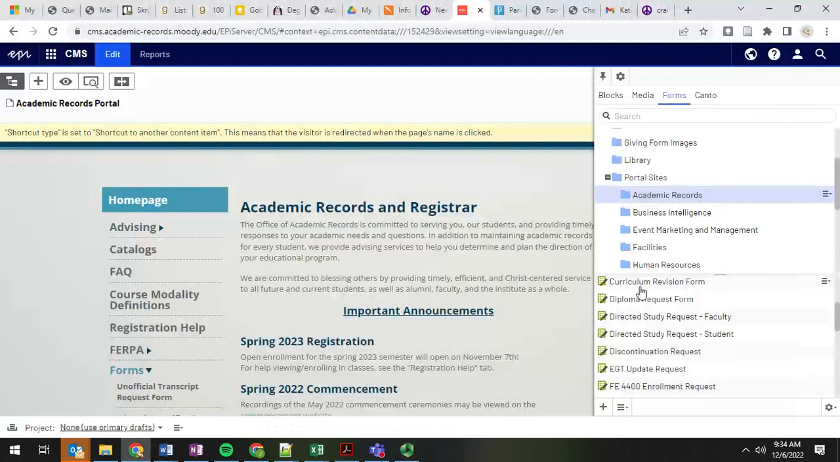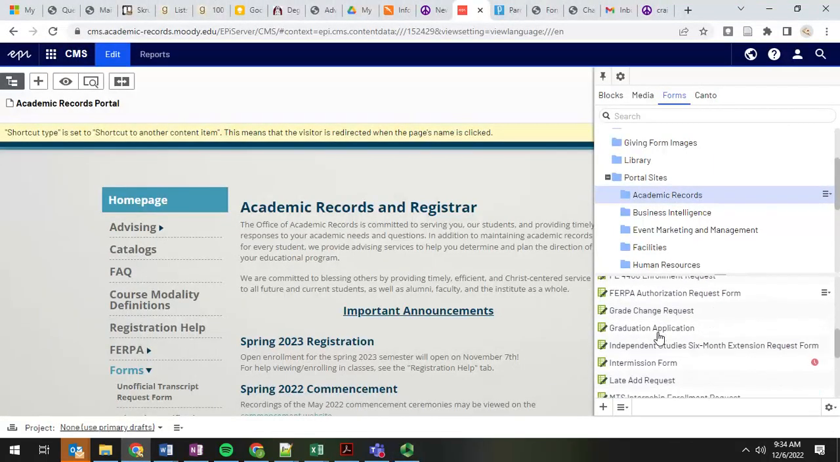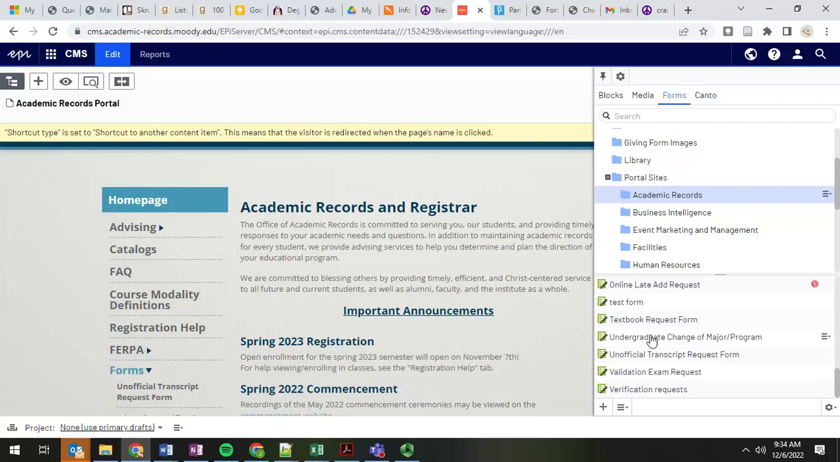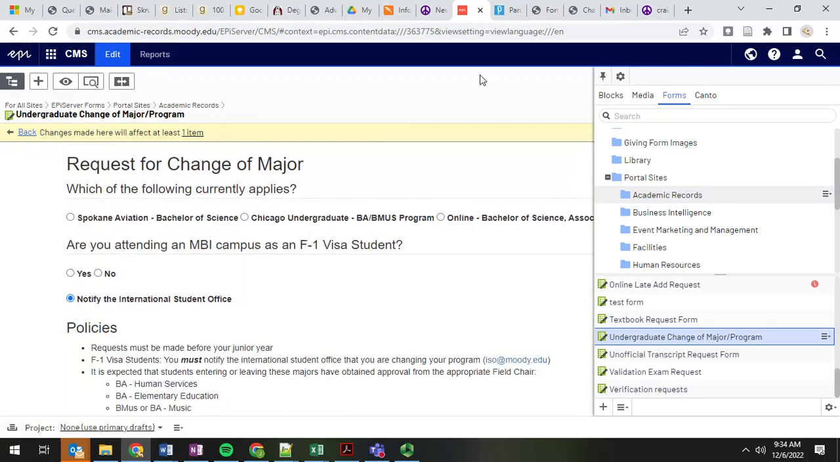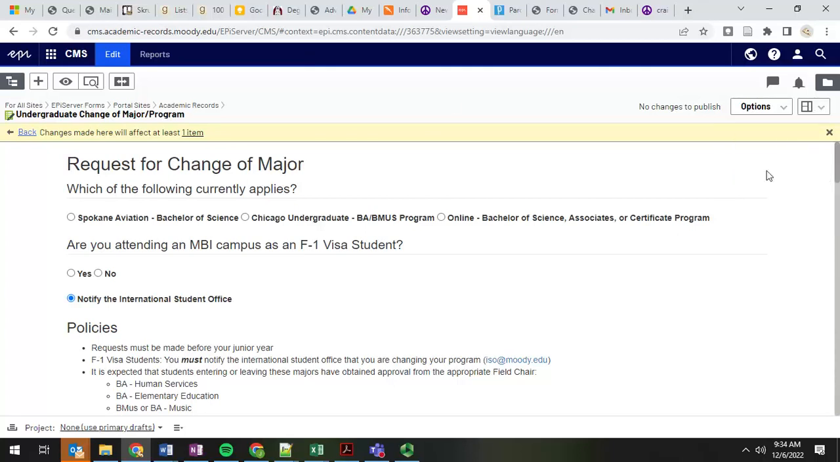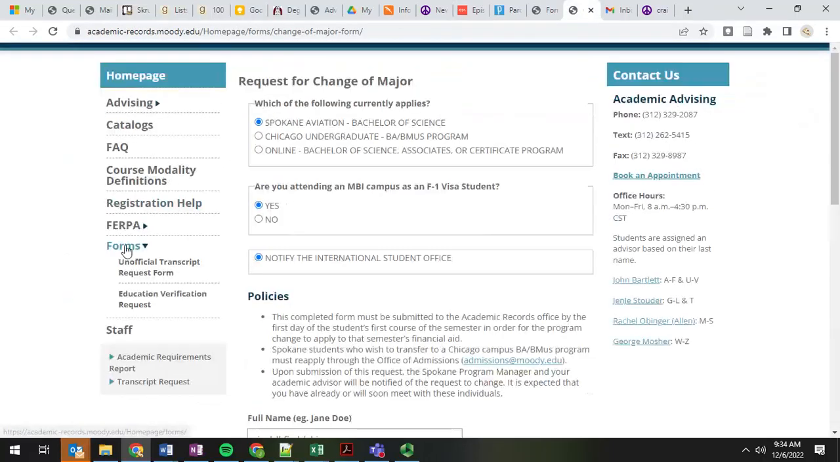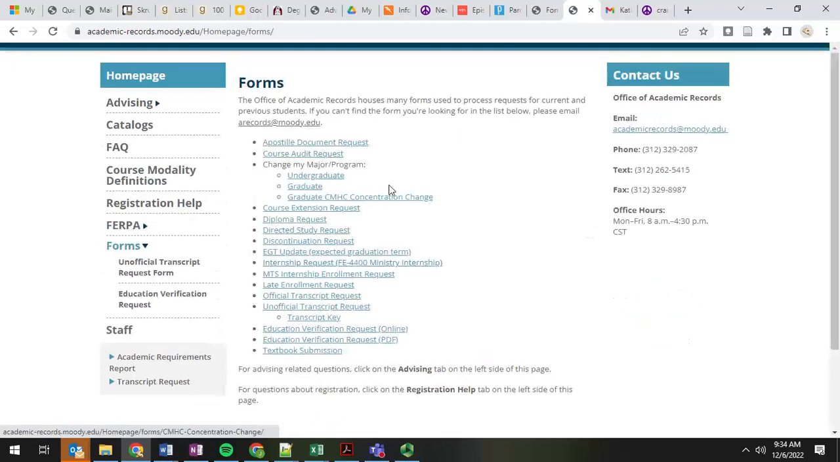Okay, this is a short video to just go over the functionality of the undergraduate change of major form, graduate change of major form, the CMHC concentration change, and the graduation application and the EGT change form. So academic records has multiple forms that have these sort of dependencies, and these dependencies determine where the form is